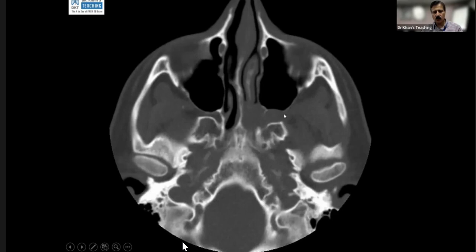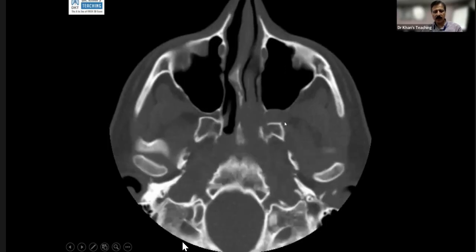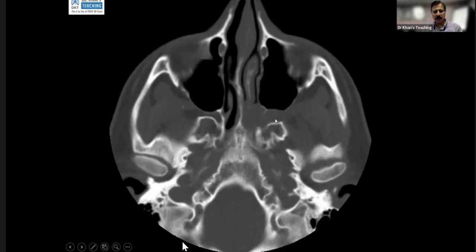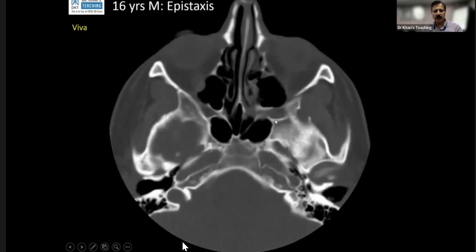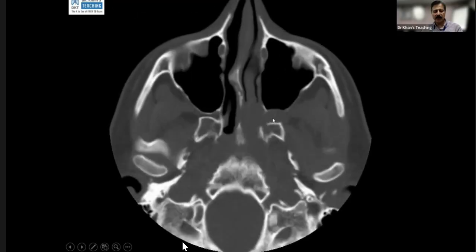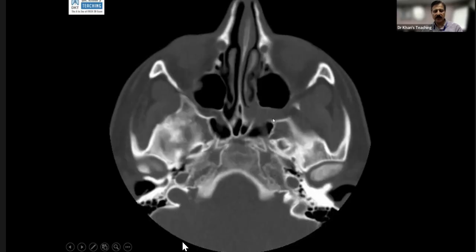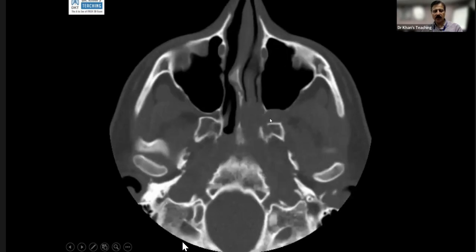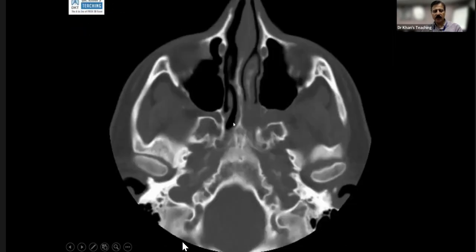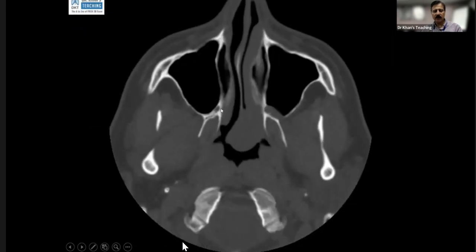Now, what I was asking was that here, this is the masticator space. This thing is the pterygomaxillary fissure. Posteriorly, this is going to communicate with the cranial cavity. And so there are two communications. One is the Vidian canal, and another one is the foramen rotundum. And inferiorly, it is going to communicate with the, if you see here,